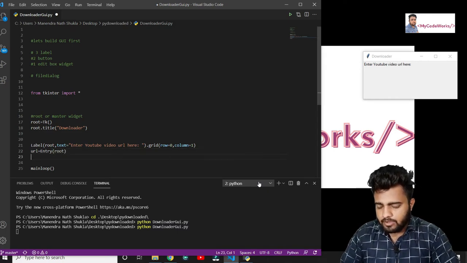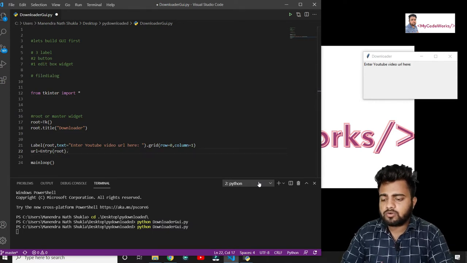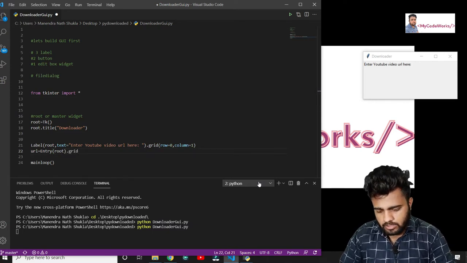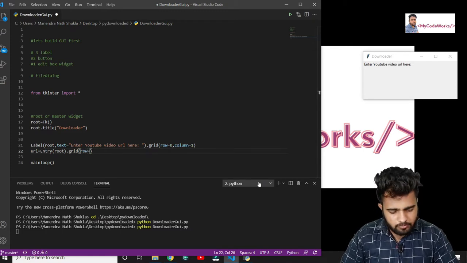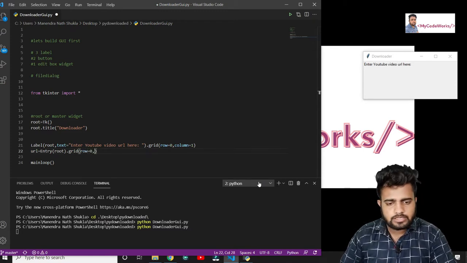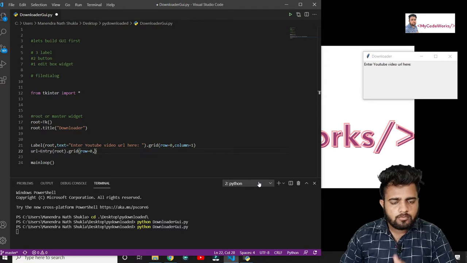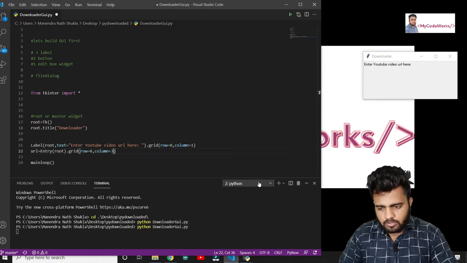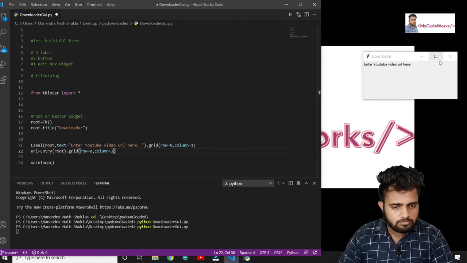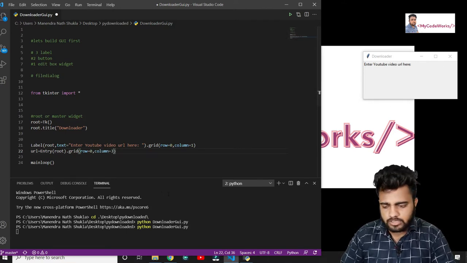The grid will be the same row, and column is equal to, I can say after second column, just give third column. Third column in the sense here at last we are going to show this edit box.